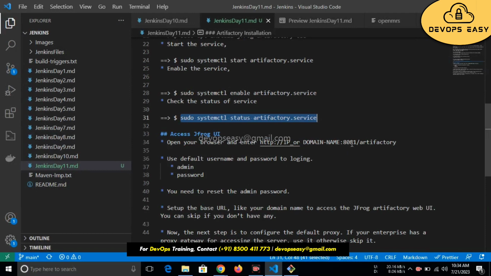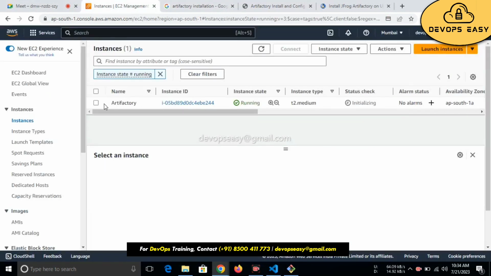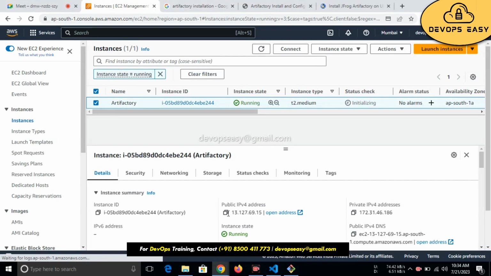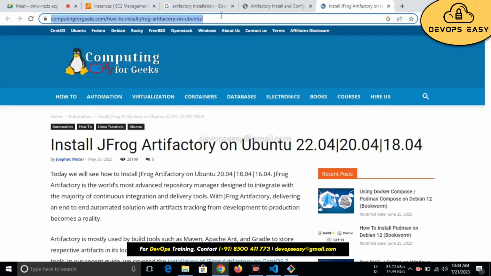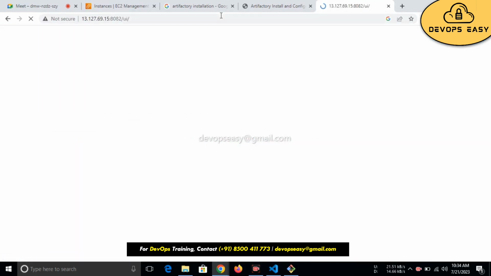Now what I need to do, it is running on 8081 port. Let me select, copy, sorry, copy the public IP, 8081. So if you see it,